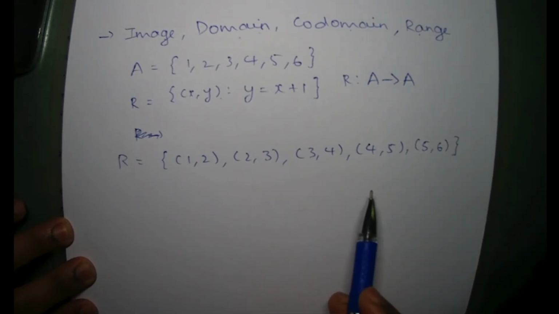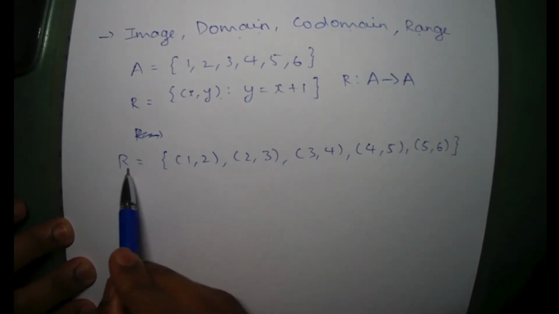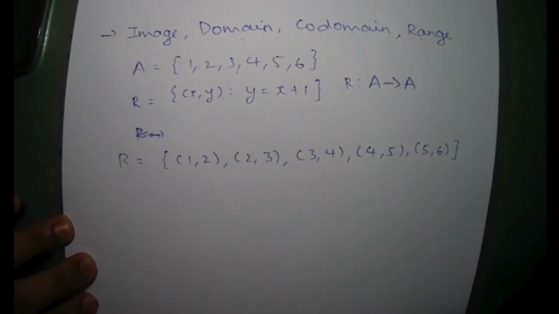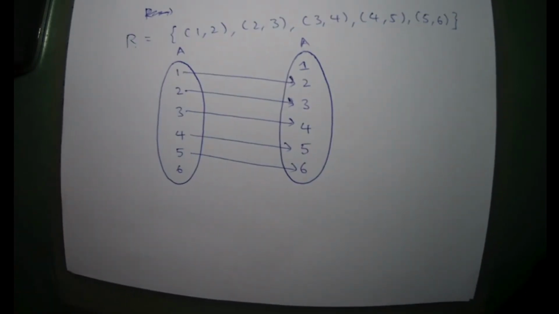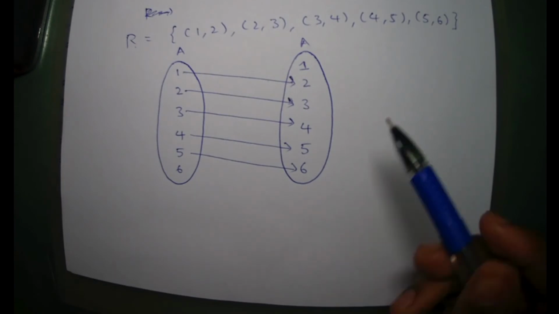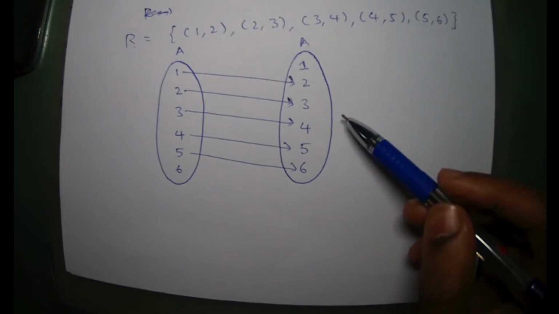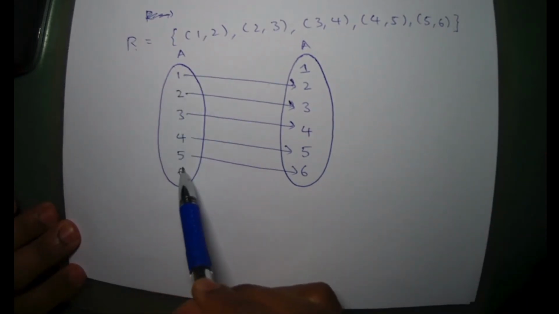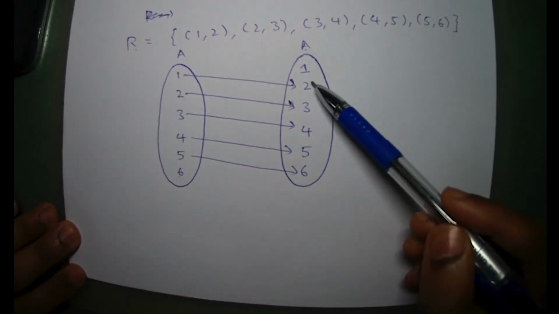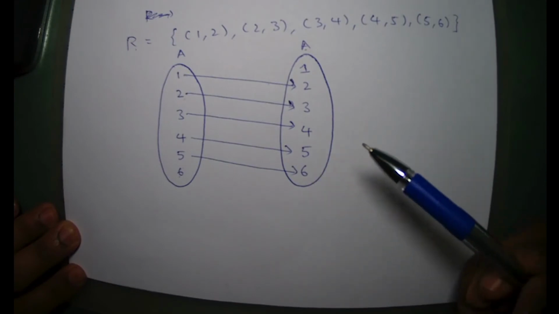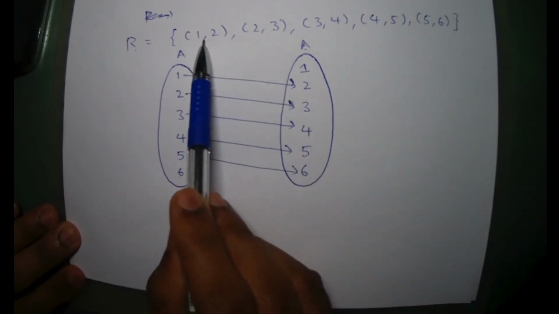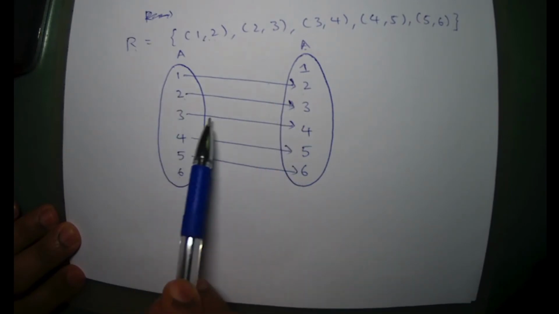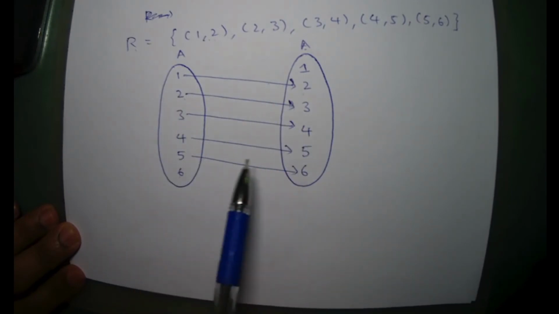So these are the 5 ordered pairs which we will get under the relation R once we apply this relation to set A. So to understand those 4 terms properly, we have now drawn an arrow diagram of the previous example. So we have set A with 1, 2, 3, 4, 5, 6 here, and again set A with the numbers 1 to 6 here. So according to the relation, we see that 1 is linked to 2. So we have linked 1 to 2. Similarly, 2 to 3, 3 to 4, 4 to 5 and 5 to